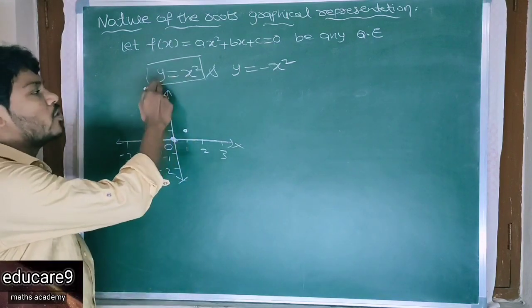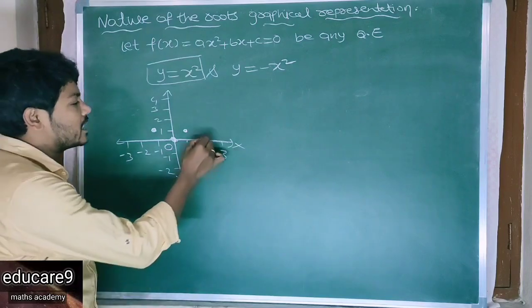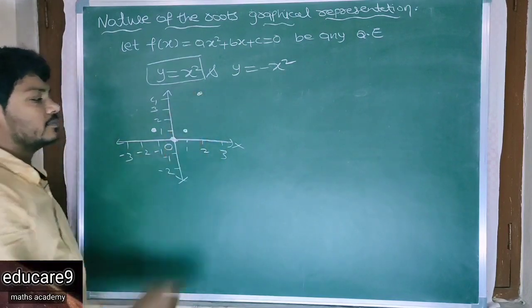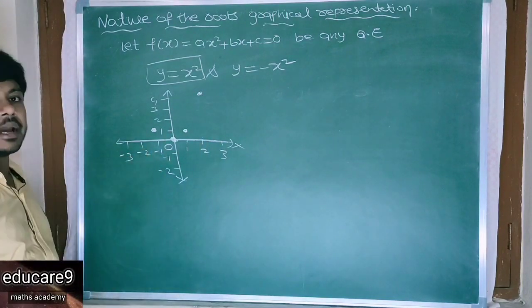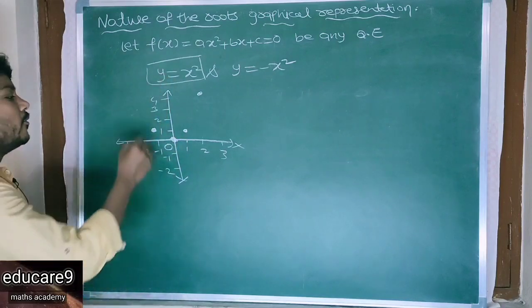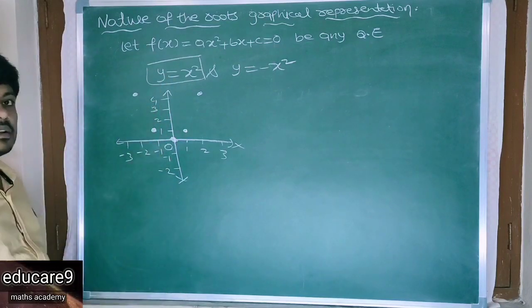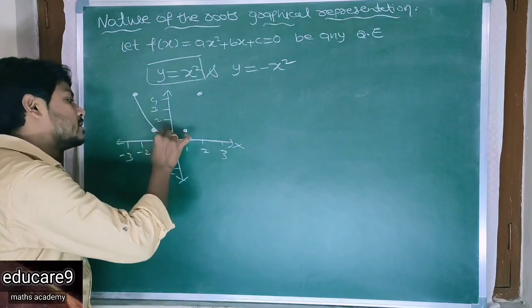If x = −1, y is also 1, so the point is (−1, 1). If x = 2, y is 4, that is (2, 4), and x = −2, y is 4. Now joining these points,